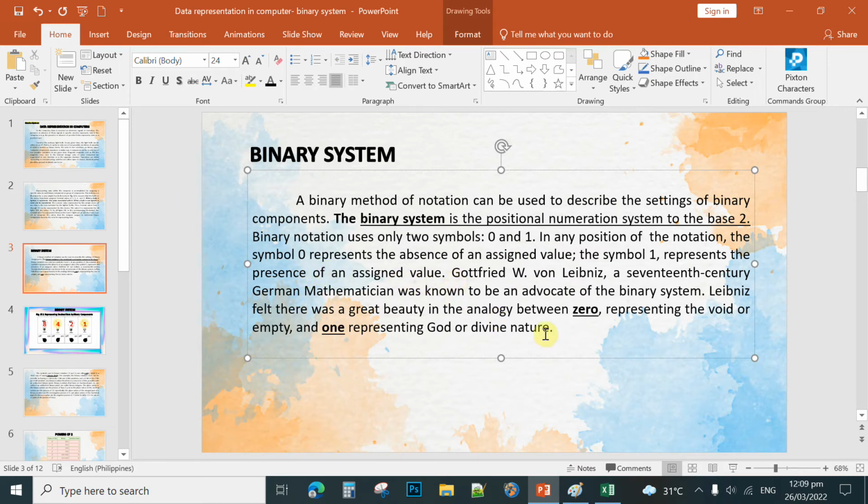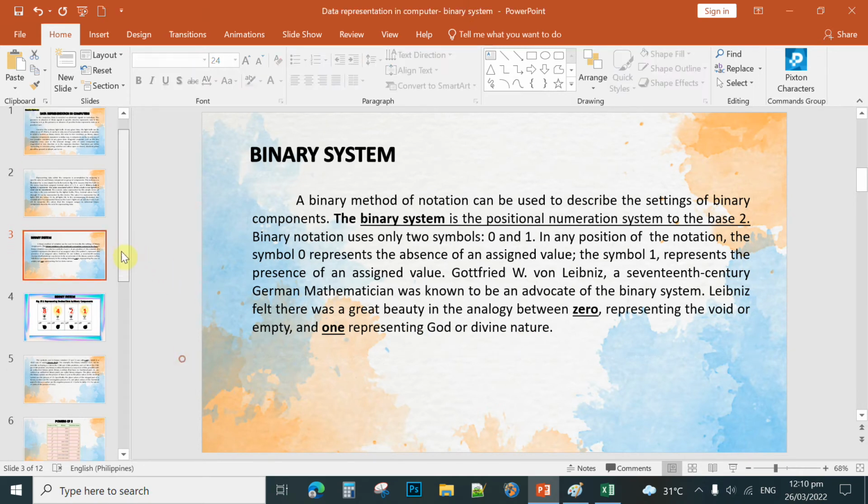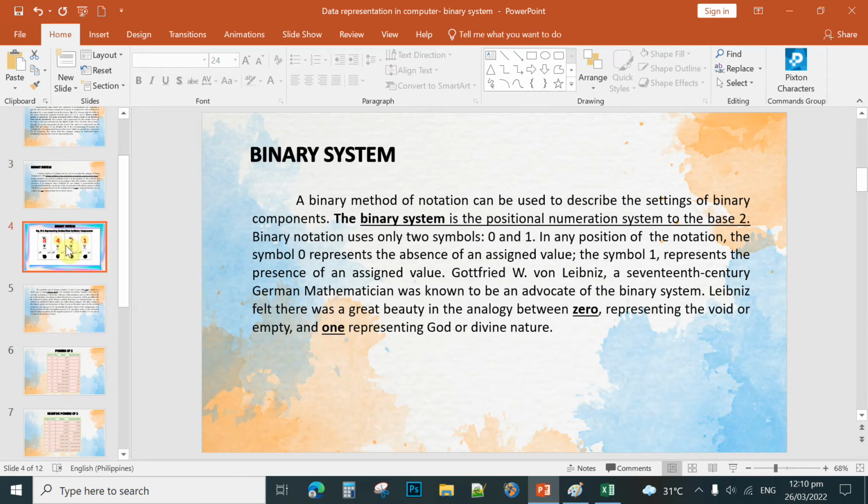Gottfried W. von Leibniz, a 17th century German mathematician, was known to be an advocate of the binary system. Leibniz felt that there was a great beauty in the analogy between 0 representing the void or empty and 1 representing God or divine nature. Now let us proceed to the table